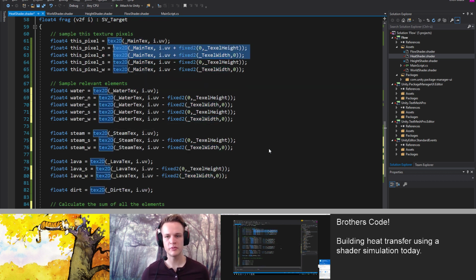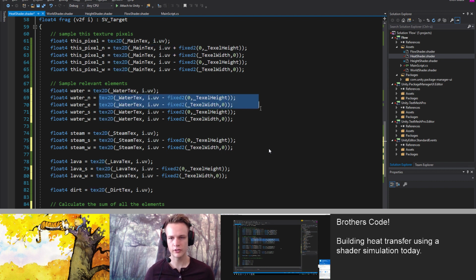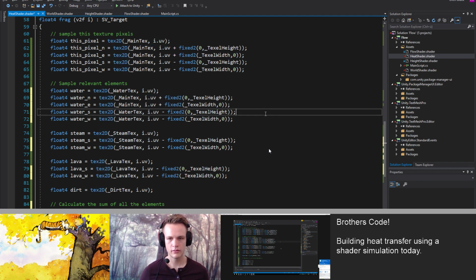Like RGBA, what are you using those channels for in the water texture? I have R as the current value, G is the northern flow, and B is the eastern flow. Got it. So taking the water GB will tell me north and east, and taking the southern flows, G will tell me this one's southern.